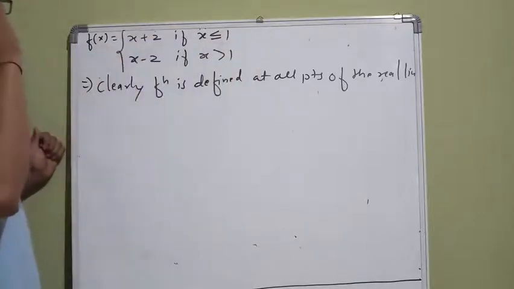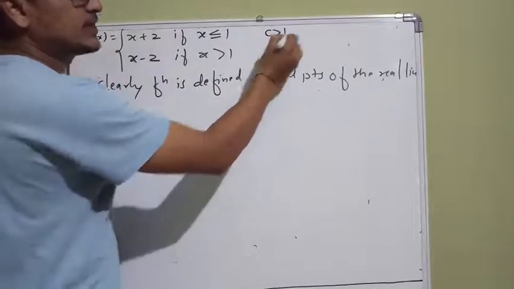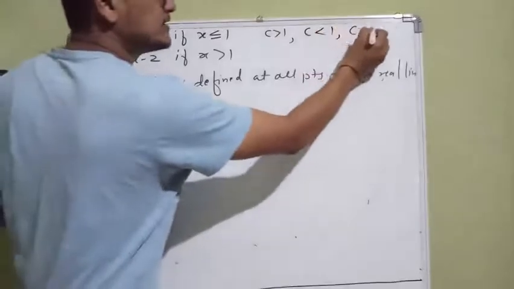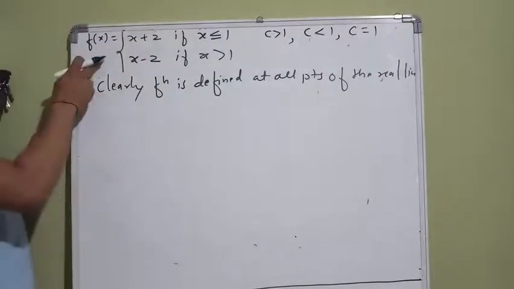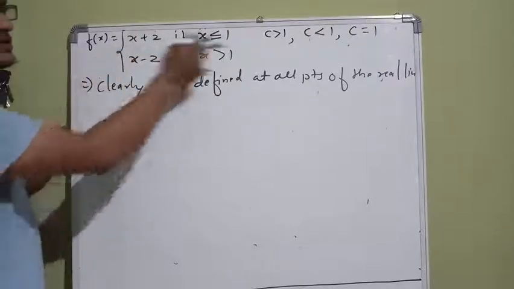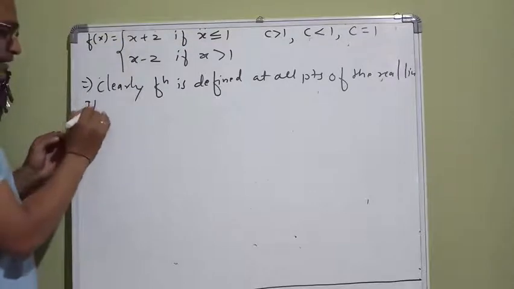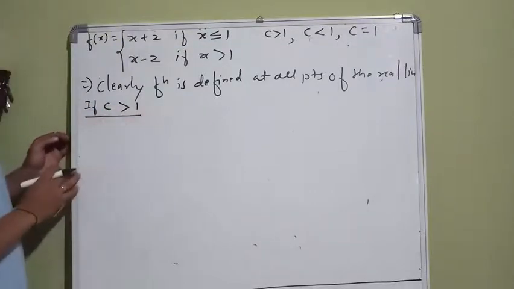So therefore your 3 cases are what? First case is c is greater than 1, second case c is less than 1, and third case c equals 1. Okay, so we have to check the continuity of this function in these 3 steps. So take the first case. If c is greater than 1,